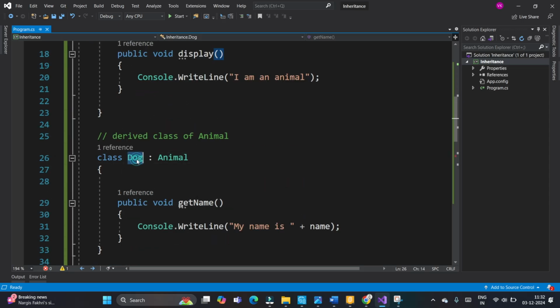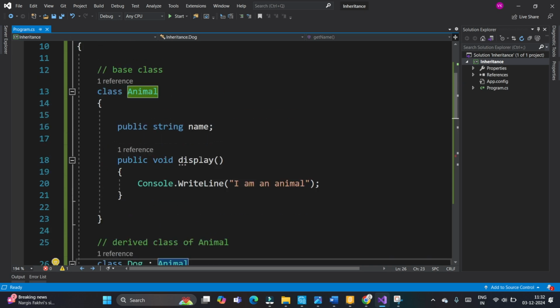Here is a Dog. We can say a dog is an animal, an elephant is an animal, a leopard or tiger is an animal. So Animal is a base class which has certain basic features, and these features will be inherited by all the classes, adding value and creating a new version of the Animal class.